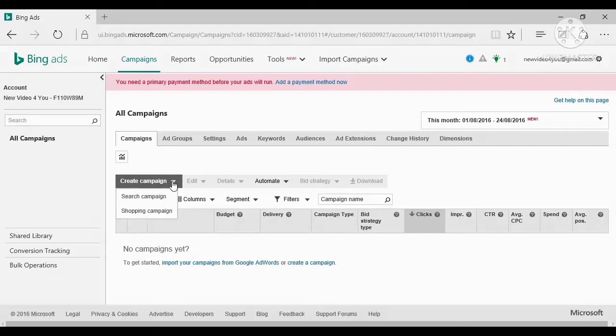Scroll down a bit more and you come here to create an ad. Now you want to create an ad. And first of all, you decide on your ad type and your ad title. Now, the ad title is the headline. And as you remember, we discussed earlier, the headline is not designed to get the maximum number of clicks, but rather to get the right kind of clicks. Then you want to have your ad text, which is just going to give your ad a bit more detail. And underneath, you're going to put your display URL.